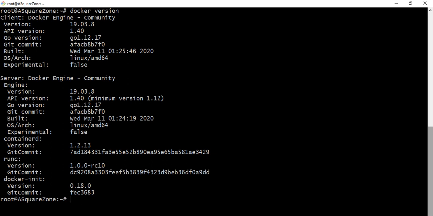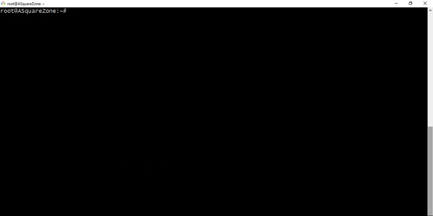And next I just wanted to pull an image from the Docker repo, which is Docker Hub. Here the command is docker pull followed by the image name. So if I want to pull an Ubuntu image or a Jenkins image or a Tomcat image, based on your requirement you can pull your required image.